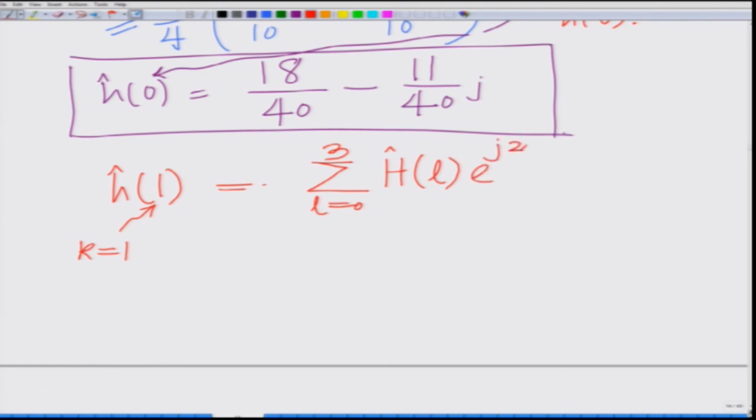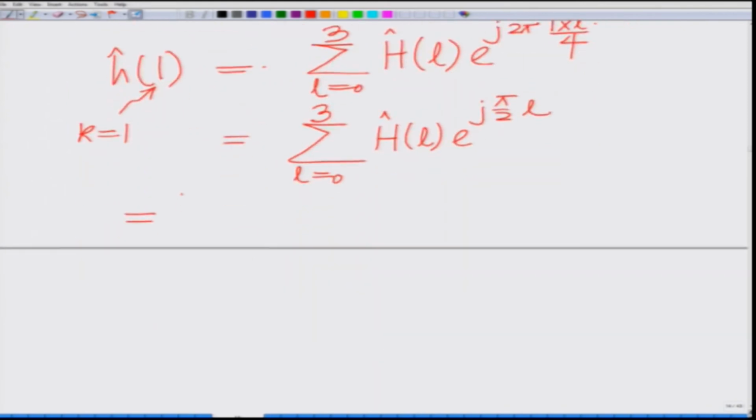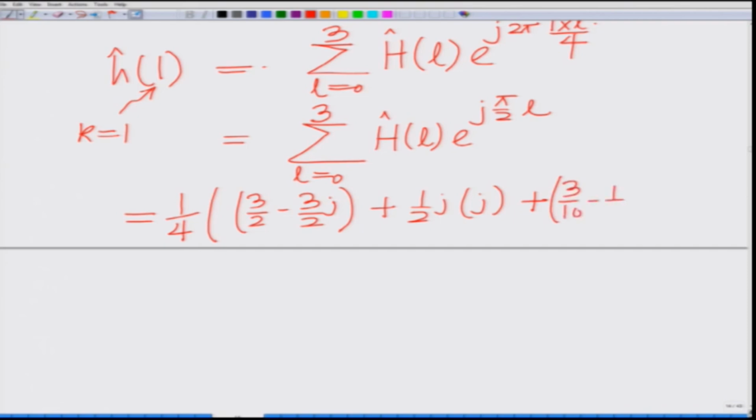So, e raised to j 2 pi, you have to substitute k equal to 1 times L divided by 4, which is summation L equal to 0 to 3 H hat L e raised to j pi by 2 L, which is equal to, substitute the various quantities, what you have is basically 1 over 4 times 3 by 2 minus 3 by 2 j times 1 plus half j times j plus, of course, there is 0 plus 3 by 10 minus 1 by 10 j times minus j, and you go with the summation, and what you will find is